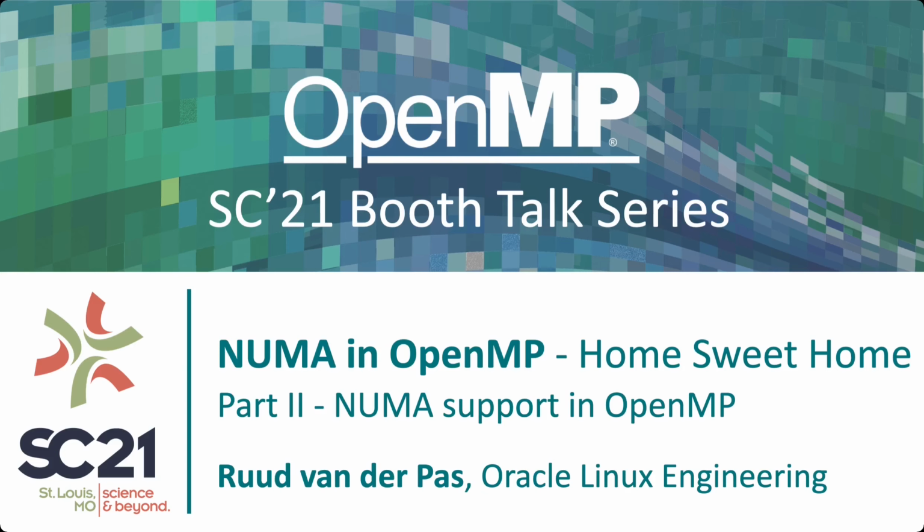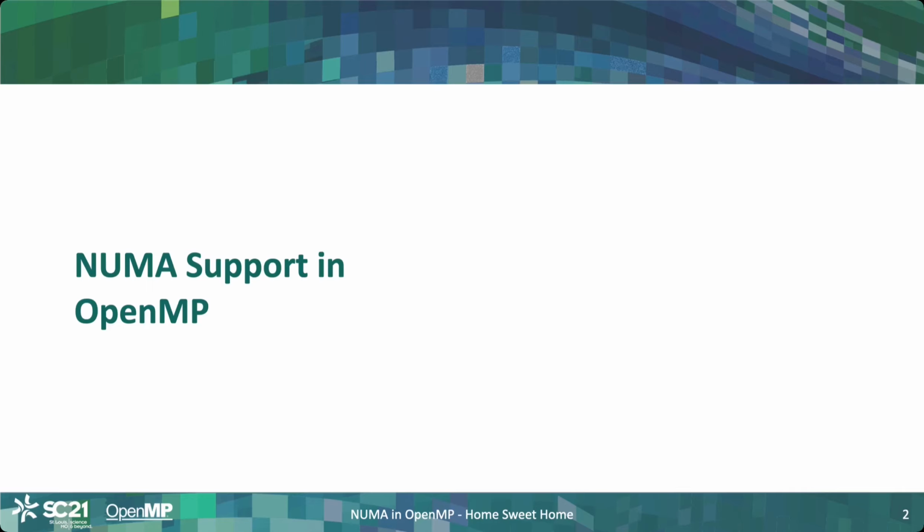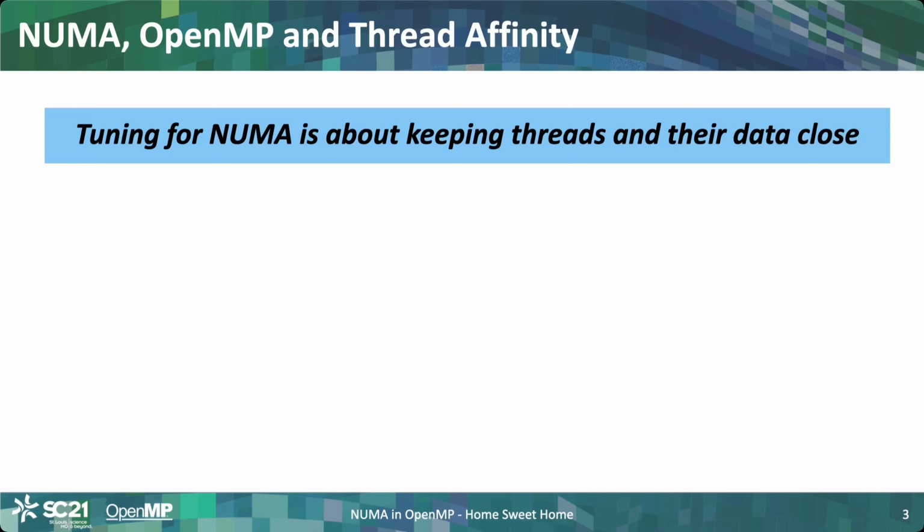In this second part, I'd like to focus on the support that OpenMP provides to help tune your application for a NUMA architecture. So let's look into more detail what OpenMP provides for you. First of all, tuning for NUMA is all about keeping threads and their data close. I hope that's clear either from the first talk or you already know that. But the goal with NUMA tuning is to make sure that the distance between the threads and the data is